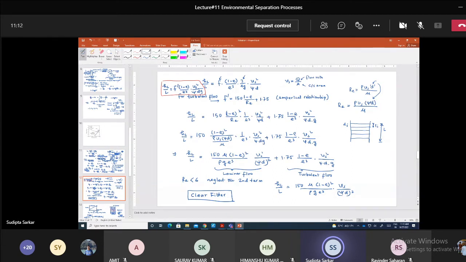So in this we can say Li depth is covered by Di size of the sand, and the total is L. So we can actually write that